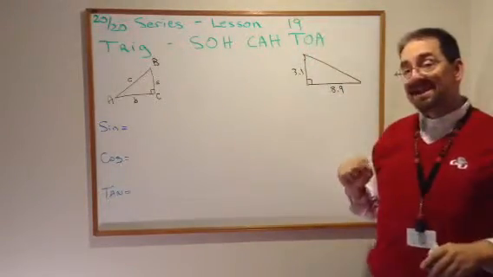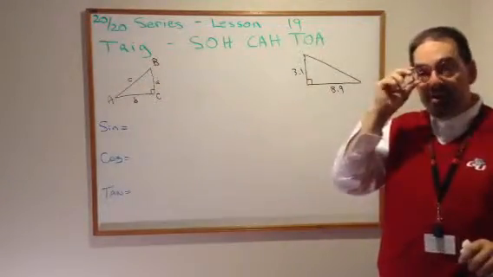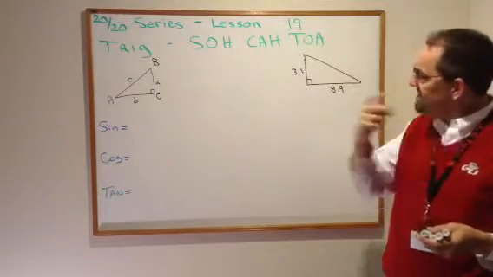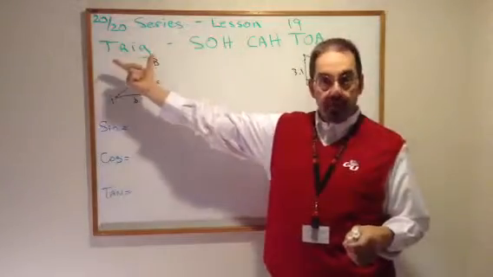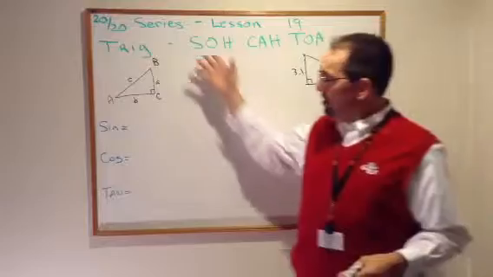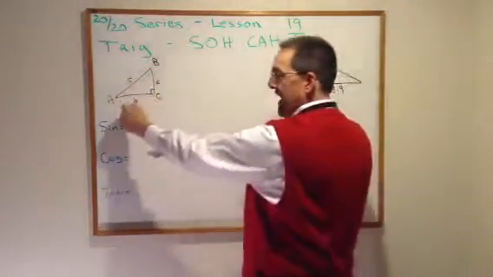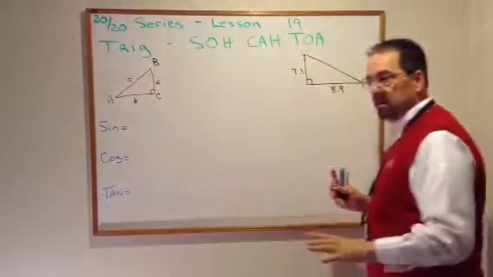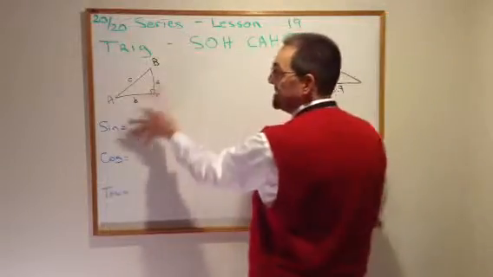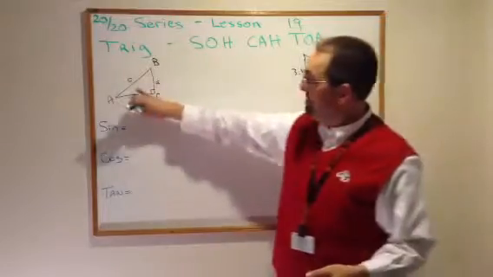And this is lesson 19, getting near the end of the 2020 series in preparation for the EOC exam at the end of the month. Lesson 19 is trig, SOHCAHTOA, trig functions, where we can take any right triangle, and if we're given one of the angles, we can find the legs and the hypotenuse lengths. If we're given the legs and the hypotenuse lengths, we can back it in and find the actual measurements of